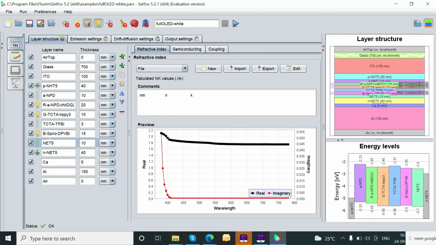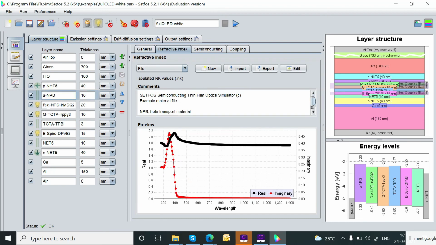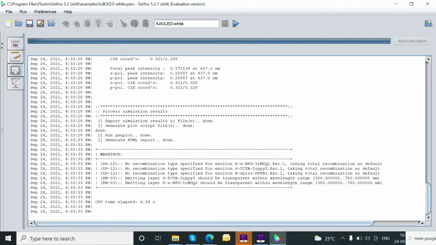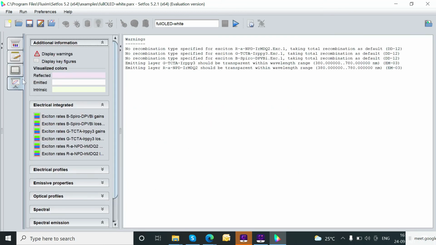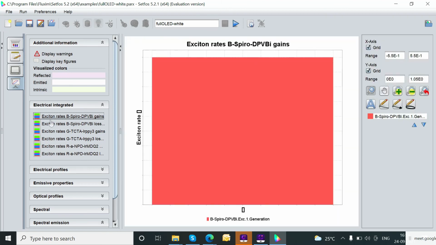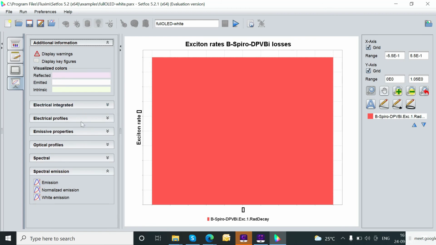One minute. Actually, I have already done the simulation of an OLED, so I can simulate this one. There are many layers in this full OLED simulation. Now it is running. You can see there are many layers, along with drift diffusion, trapping activated, exciton activated, mobile freezing ions, and you can see there are three emitter layers.